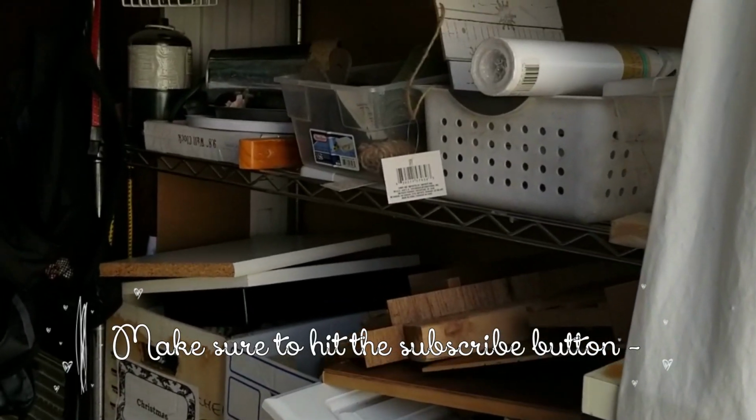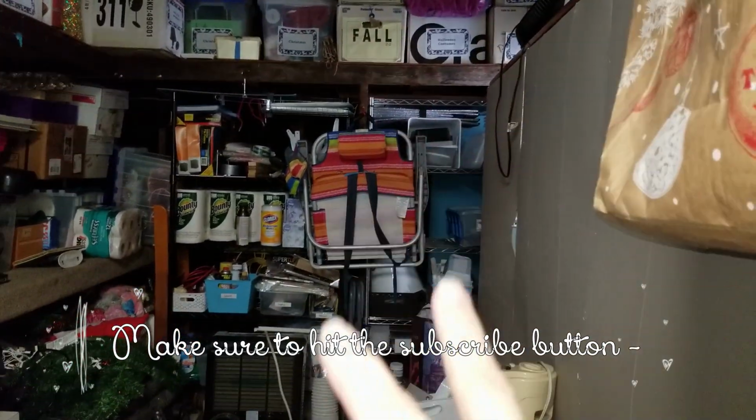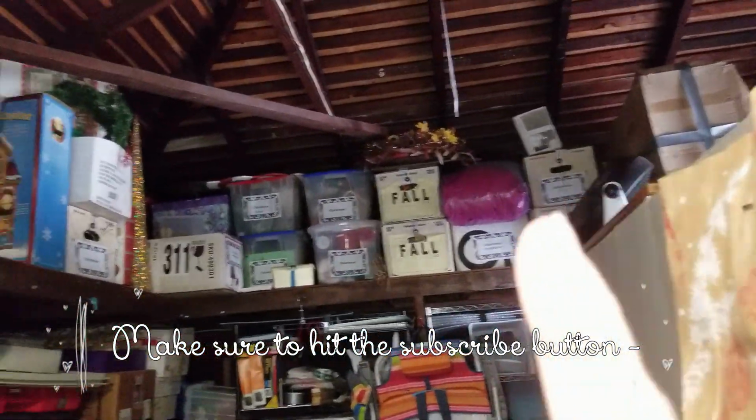So this is some very quick shots of the before, and